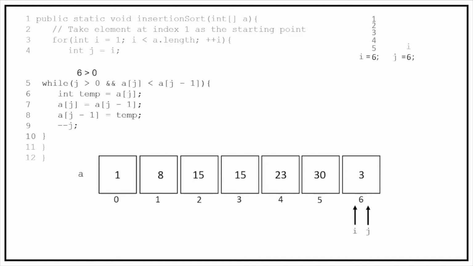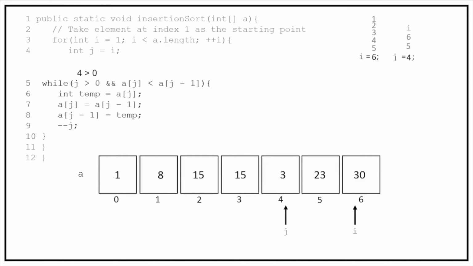Is 6 greater than 0? True. And is 3 less than 30? True. This means we will swap, and J will de-increment. J is now equal to 5, and we ask again. Is 5 greater than 0? True. And is 3 less than 23? True. This means we swap, J will de-increment, which means J will now be equal to 4, and we begin